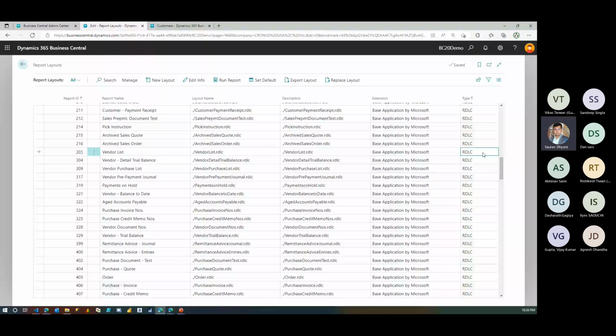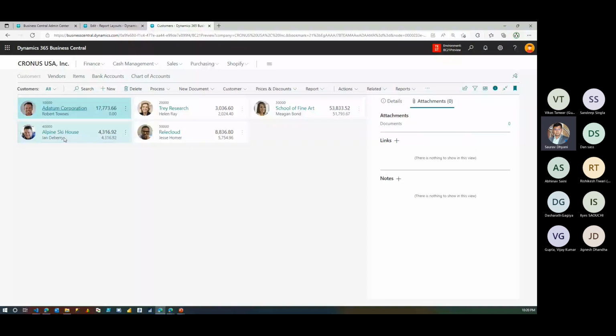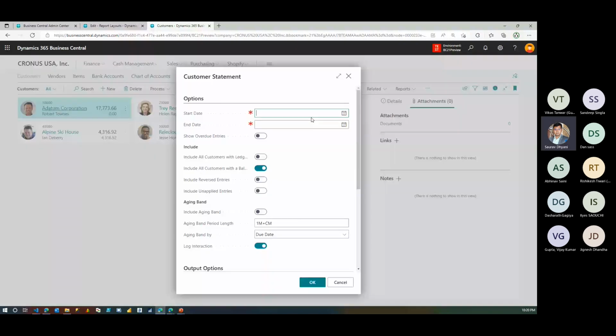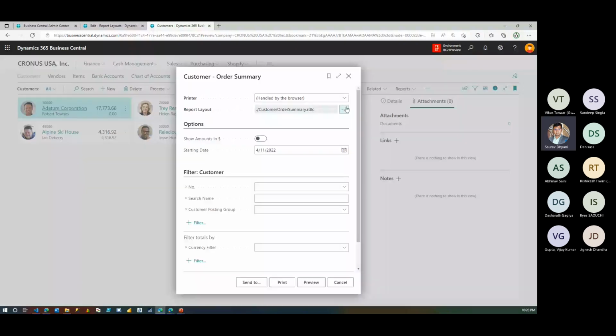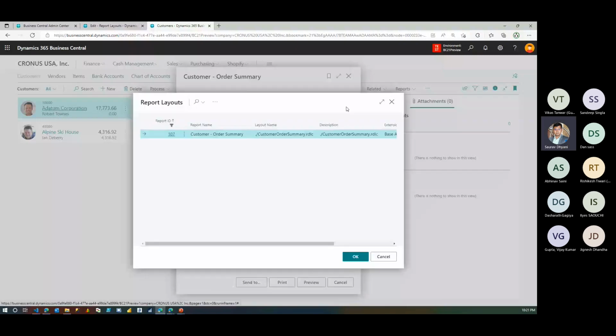Now, what they did in Business Central 21, which is this one, is the page remains the same, but whenever you try to run a report, this is the wrong report again because this runs from a codeunit, you can actually choose the layout that you would like. So if there is a base Microsoft report for which an ISV builds a layout, and on top of the ISV layout you build a separate layout based on the customization that the customer needed,